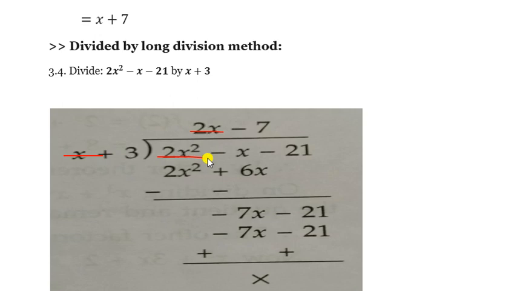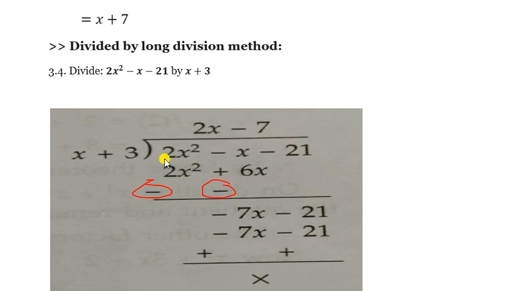First step, always you have to make 2x square. So x into 2x. So first we have to take 2x. x plus 3, we have to multiply with 2x first. So we will multiply with 2x, then it will come 2x square plus 3 into 2x, that means plus 6x will come. Now it is necessary to change the sign. Here a plus sign is given and here plus also is given. So we have to change all the signs. So plus will become minus. Here also plus will become minus.